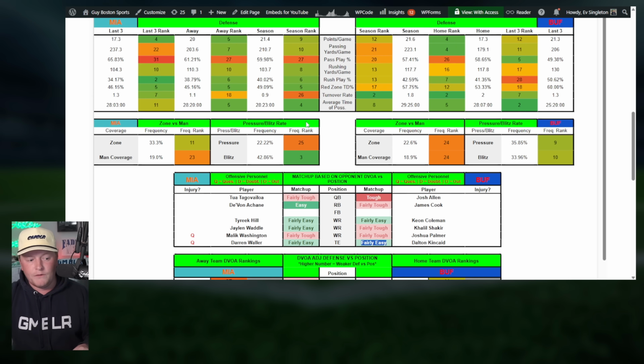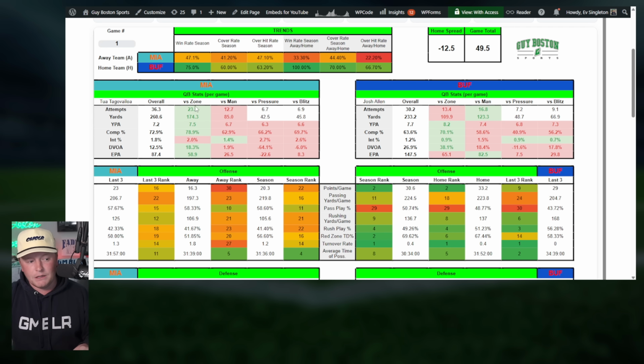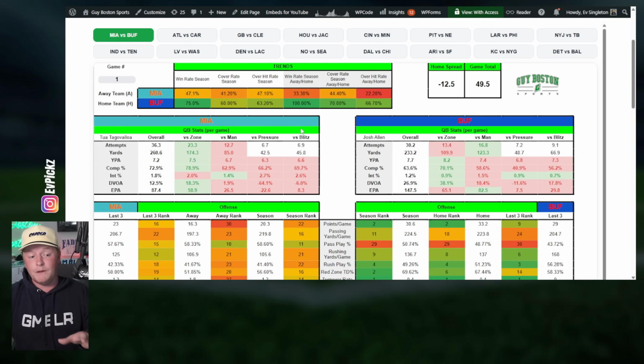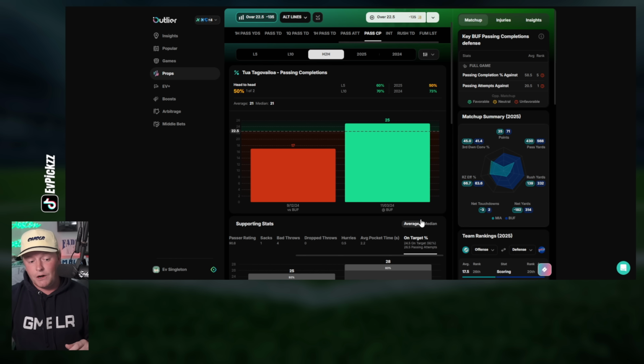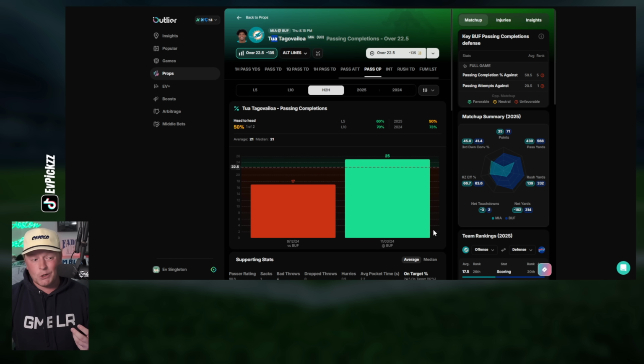We already talked about it over on the dashboard as well, that Tua is a lot better at zone, and I'm at least projecting this Buffalo team to run a decent amount of zone. The blitz, the pressure, that's where you're going to get me. That's where you can definitely argue that, hey, Tua may not be in the best place and he doesn't have the best stats against this Bills team historically. But still, that 95% on target rating in percentage really kind of sells me towards looking at Tua's passing completions.